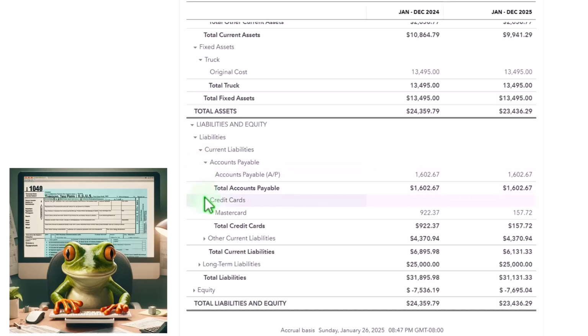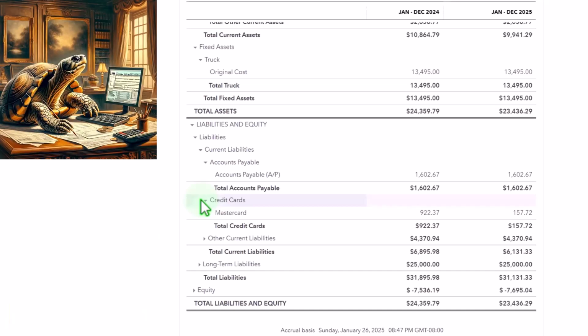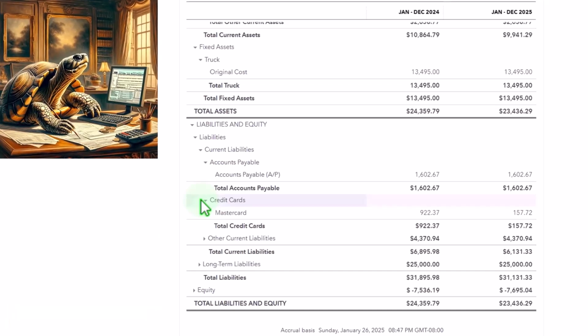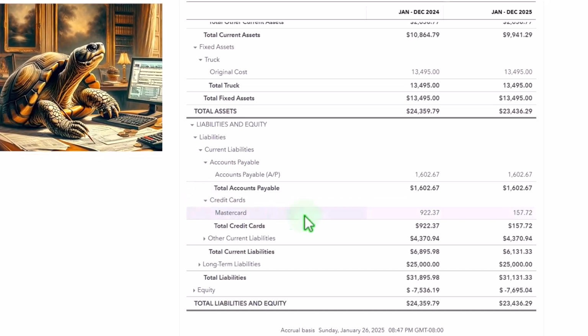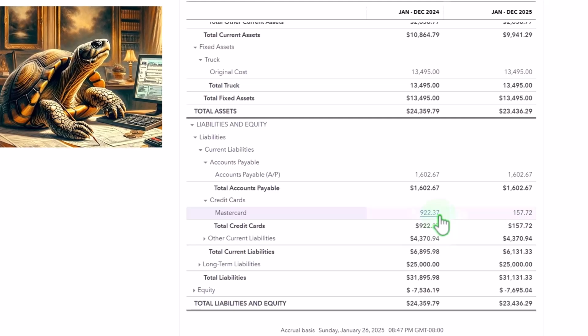And then we've got the credit card. So the credit card has its own subcategory because, like the checking accounts, it can be connected to the bank feeds, and therefore it has the necessity of the bank feed functionality, and therefore has a subcategory for it. Noting that oftentimes people don't think of credit cards as similar to the checking account. It can be a little bit more confusing to think of the credit card payments coming through the bank feeds,